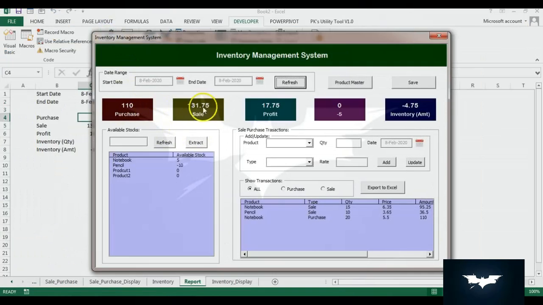You can see the numbers are available here. You can format the number if it is required as per your requirement. You can use the Format function also. So friends, that's how you can create this, and you can click on the save button to save this. So we have completed all the parts.